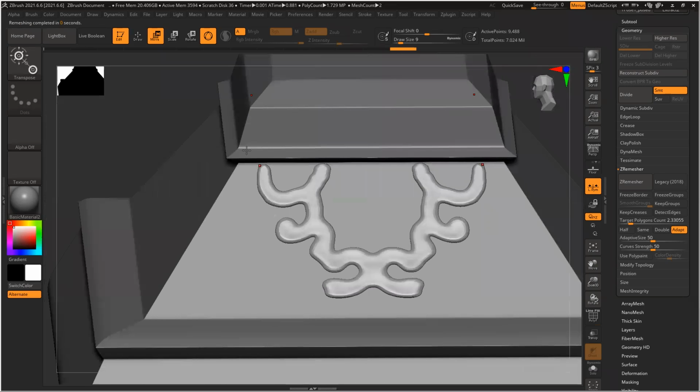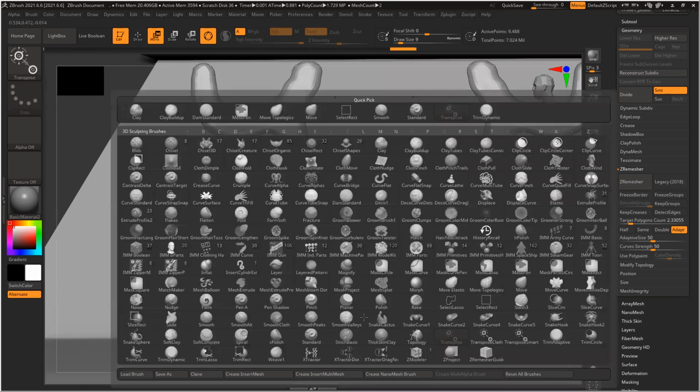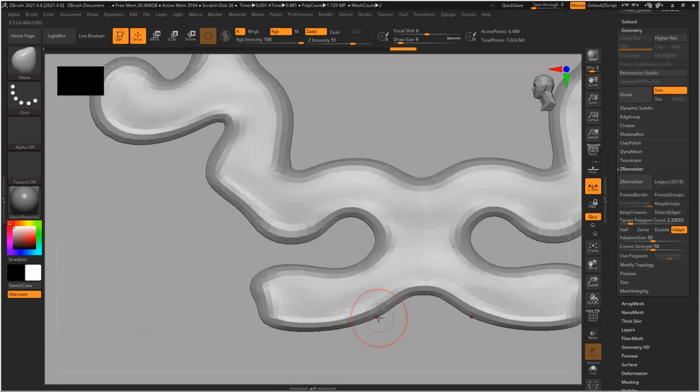Now this basic shape is almost ready. It's supposed to be slightly round, so I'll just modify those things. BMV, BMT, because if I BMV, I do move tool, it will affect this area also. But if I use modify topology, it won't affect.